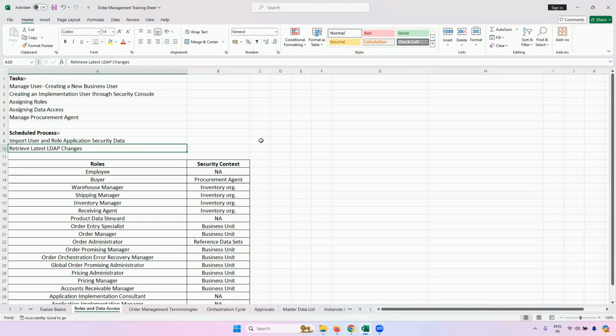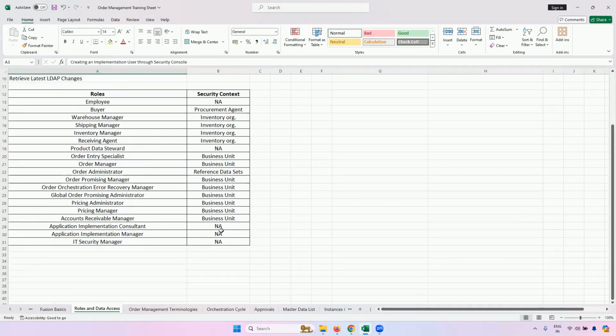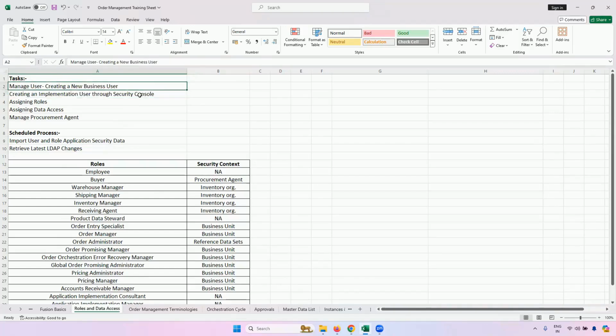Correct. So this is why I took a lot of time to explain that we have to make sure that we create a business user to do any transactions in Oracle Fusion application. And implementation user is only meant for setting up, configuring, and the IT security console. So you can create an implementation user and assign him the employee role.